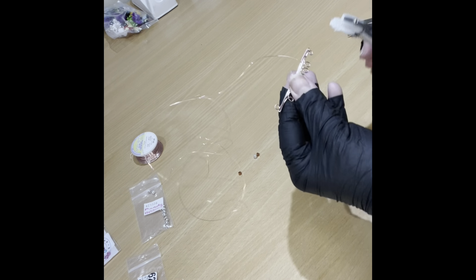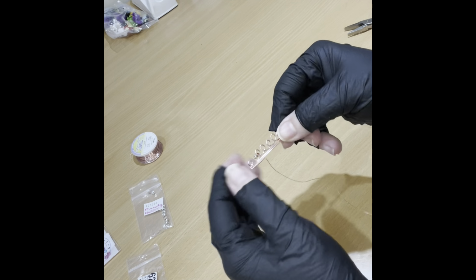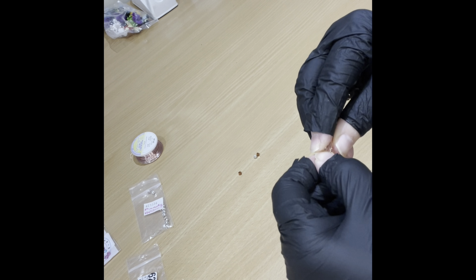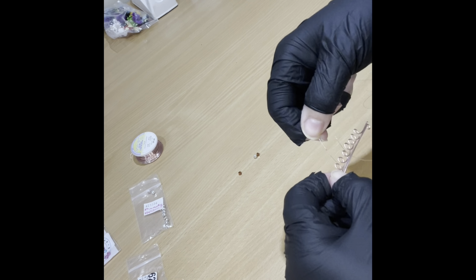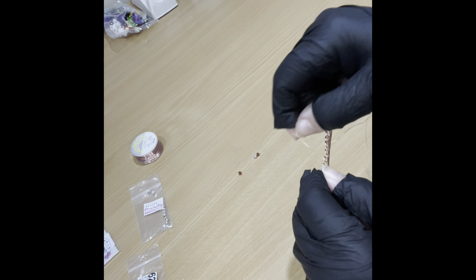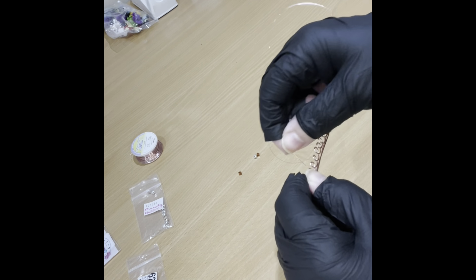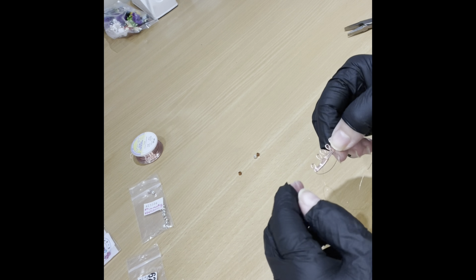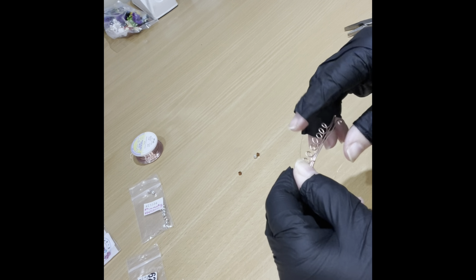I'm just straightening the wire. I hope you're following along okay and it's easy enough to see. Now I've gone over the first two wires three times, scooshed them together, and that's the first bottom loop that you're attaching to all the base wires. So three times you go over that,